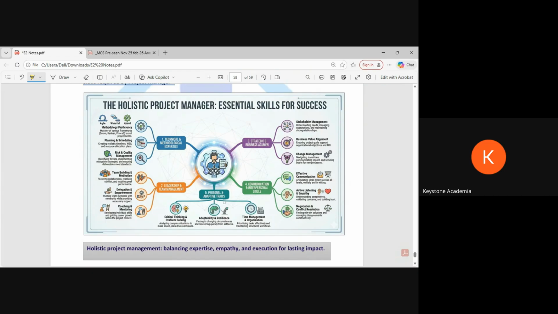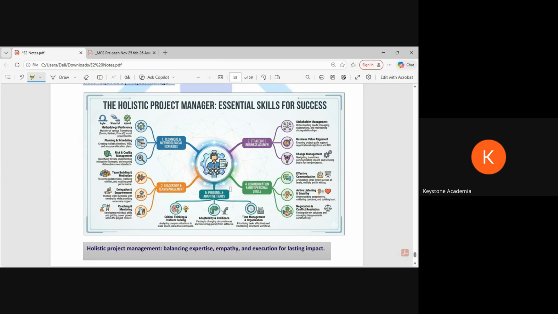And through personal adaptive, critical thinking is also there. Time management: in 3 hours, we have to do 4 tasks, which we usually don't do at work that fast, isn't it? Like 8 topics. And we have to adapt every time because the pre-seen changes. It's not the same thing. So technically, the skills we are learning here are very similar to what we need in a good project manager. And I think this is not limited to just a project manager. A good finance manager, a good CEO, a good CFO, almost all of them should have these skills, right? And the most important is adaptability, I think, because we need to keep on changing.